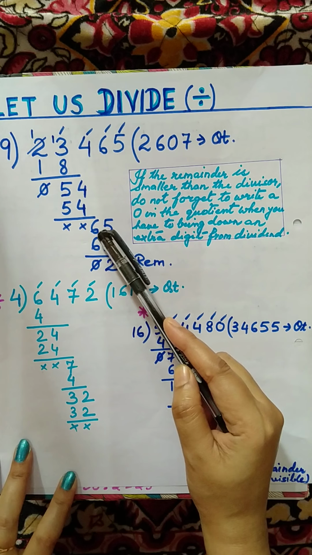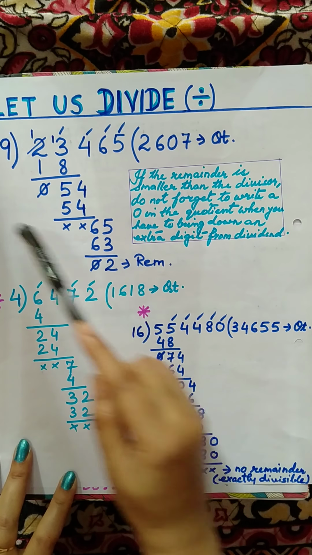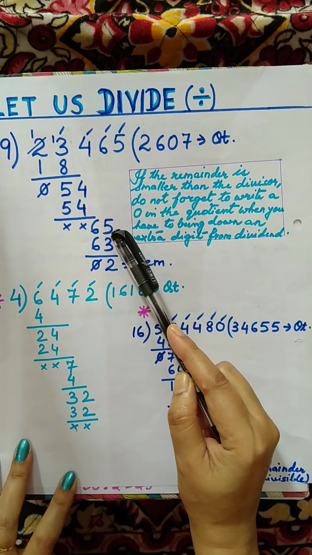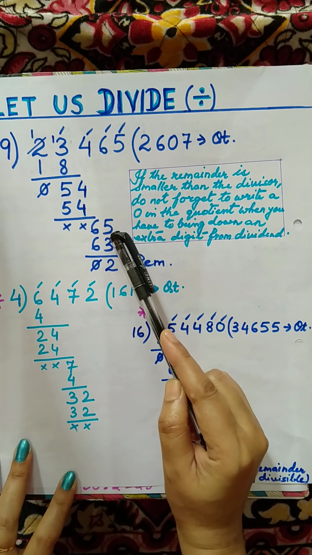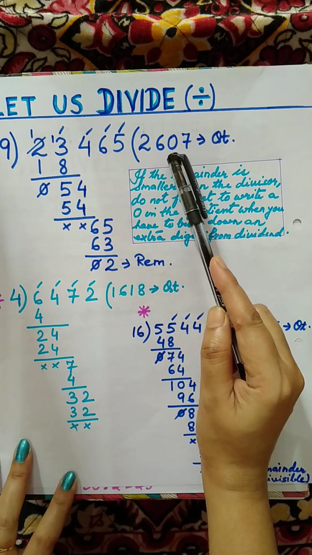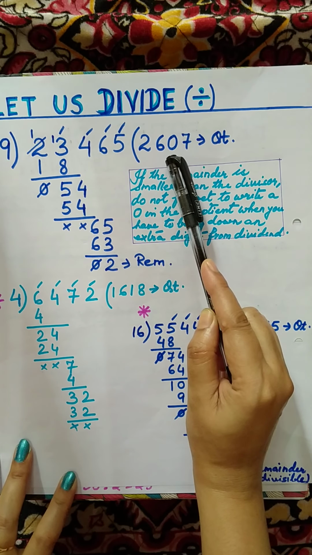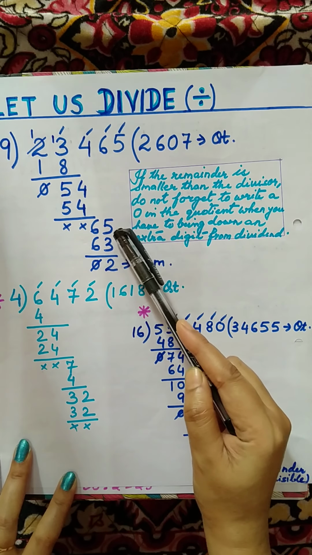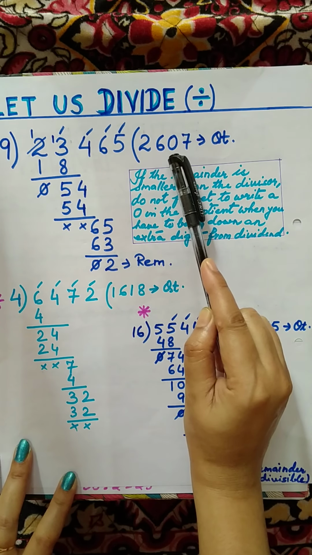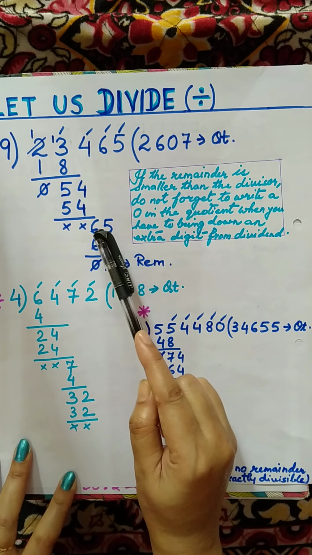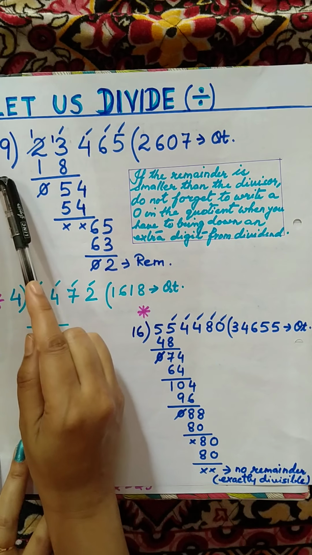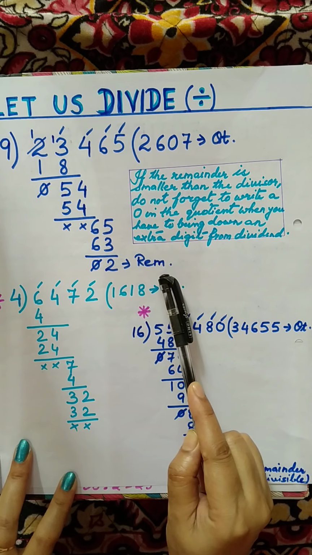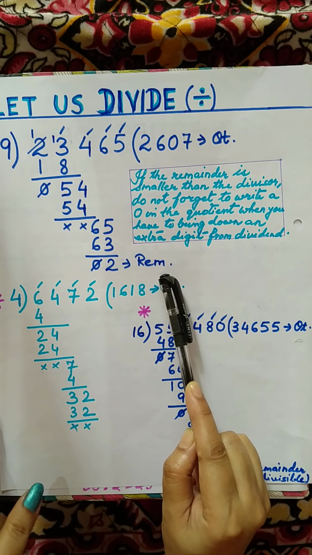Now the next digit that we brought down was 6, which is smaller than 9 and we cannot divide. So we have to bring down an extra digit, which is 5, and it becomes 65. But before bringing down the extra digit, we put a 0 in the quotient. You have to remember this. When you bring down a number, it is smaller than the divisor and you have to bring down one extra digit. Before that, you have to put a 0 in the quotient. Now once it is 65, we can divide now. 9 7s are 63. We subtract and get 2 as the remainder. I hope this is clear.